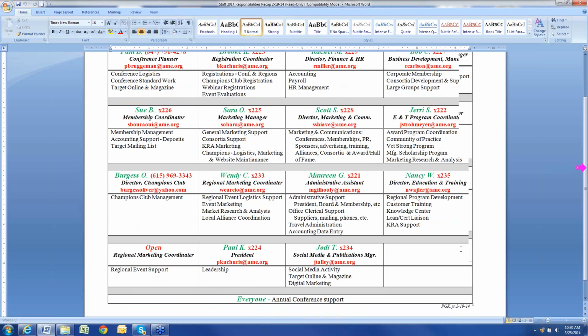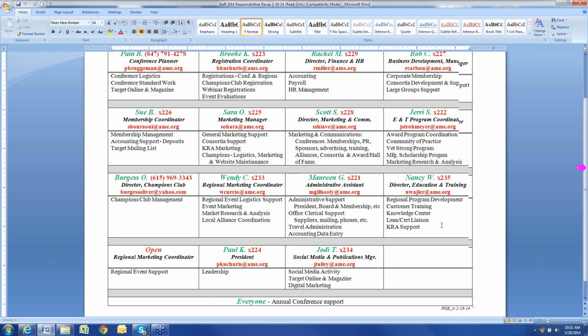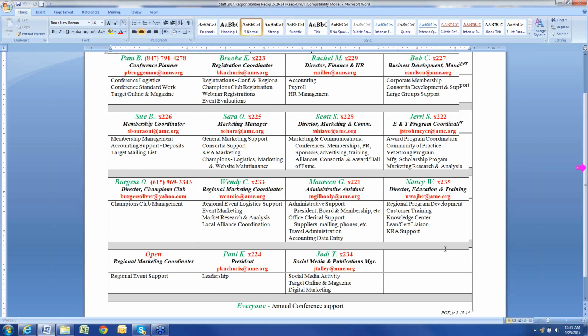One of the suggestions that came up, and we haven't done it yet, but we will, is we will put pictures to these names. So I put that in here so that you can actually see what the staff members look like. And we'll be adding two other closely associated staff members, Amy Powers, who is our contracted IT person who's very much involved in our redesigning of our website, as well as